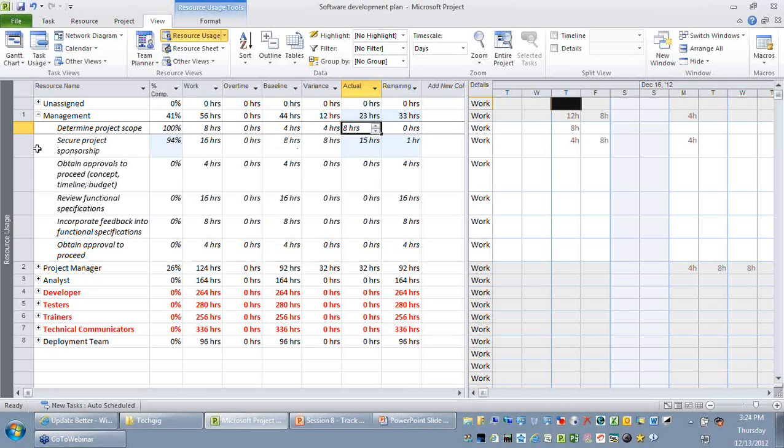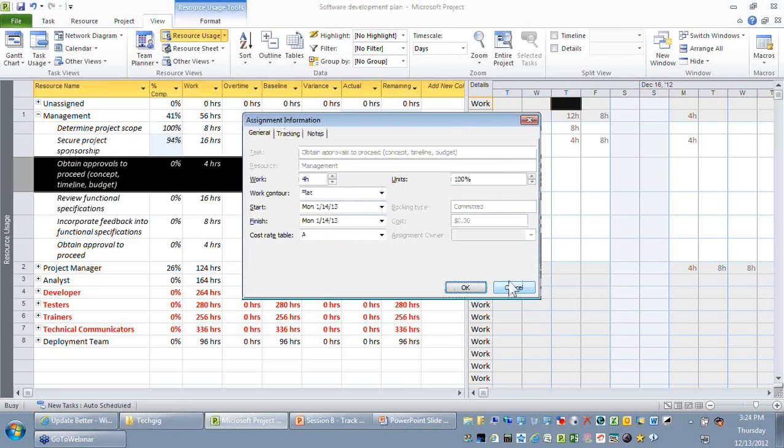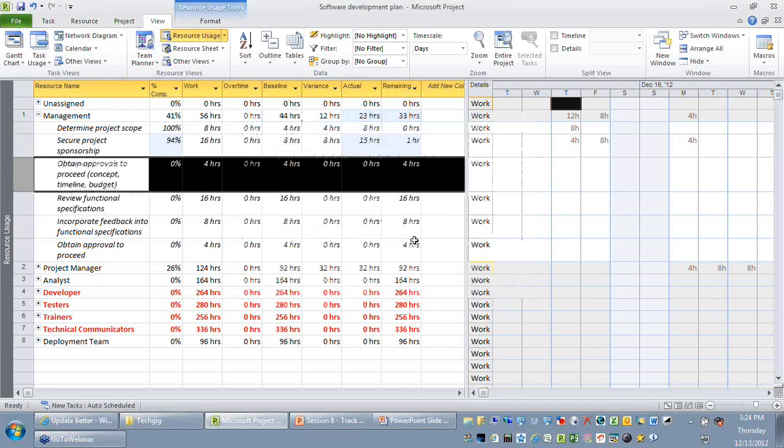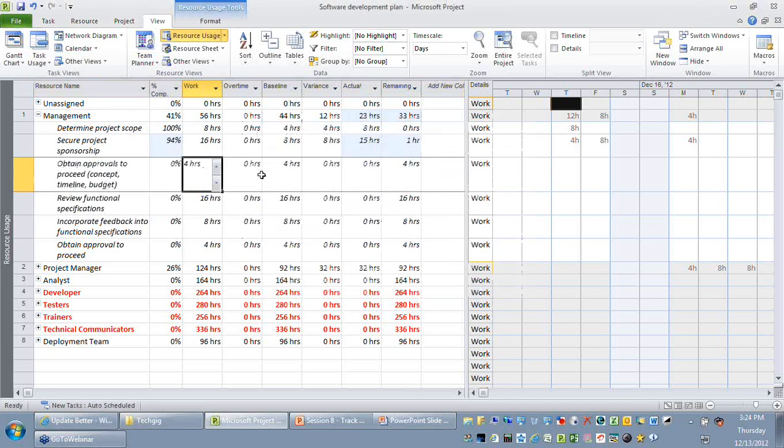Let's take another activity, for example, obtain approvals to proceed. If you look at it, I have not recorded the actuals. So for example, I say that this activity took 8 hours to complete, which means the remaining hours is 0. And this activity is assumed to be completed because I took more than what I originally estimated.